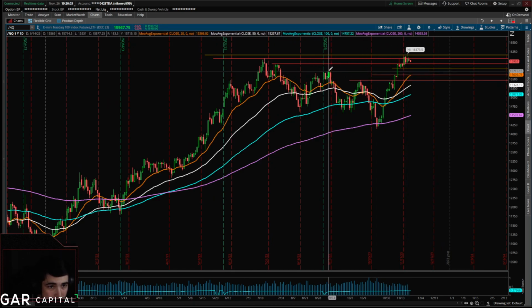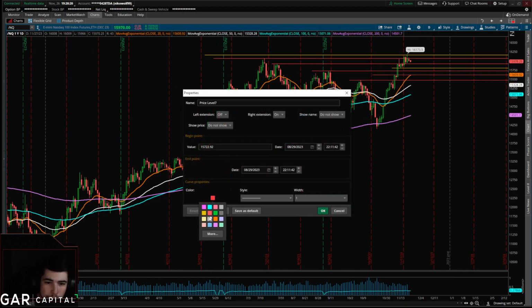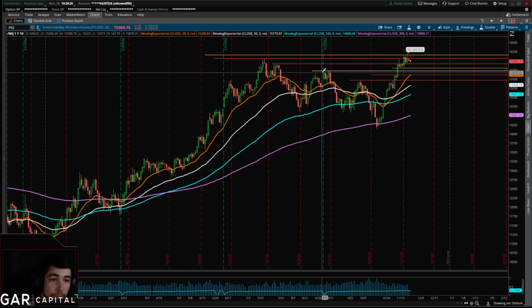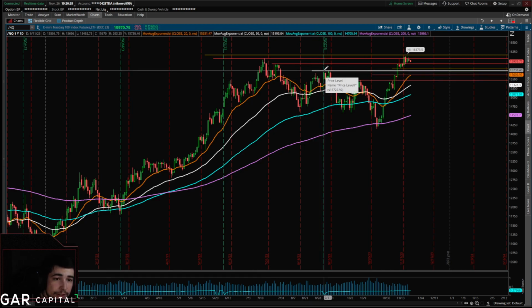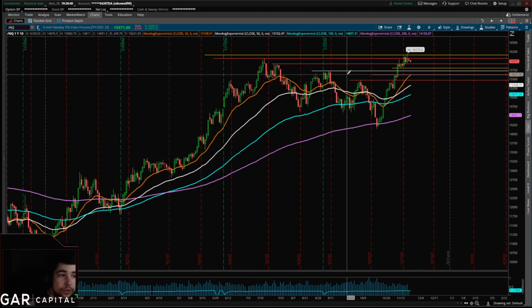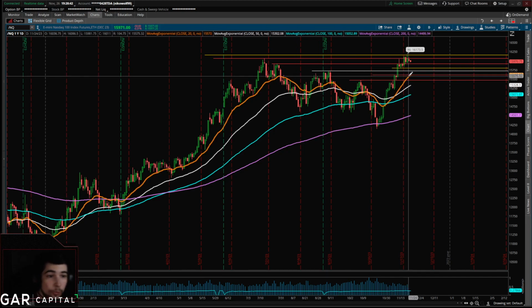Let me see. Does this extend anywhere? 15.722. Yeah, that was the original level that we broke out of. So I'm gonna leave this alone for now. Well, you know what? We'll make it white so that we can be cautious with it. So that way, if 15.8 breaks, I think this would be a fair first take profit around 15.720. I think that would be fair. And if price can show that it has the strength to continue on lower below 15.722, really 15.7, we would definitely be able to ride out shorts down to 15.614, that area here.